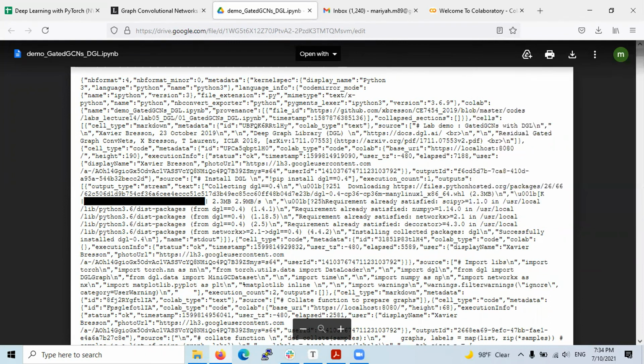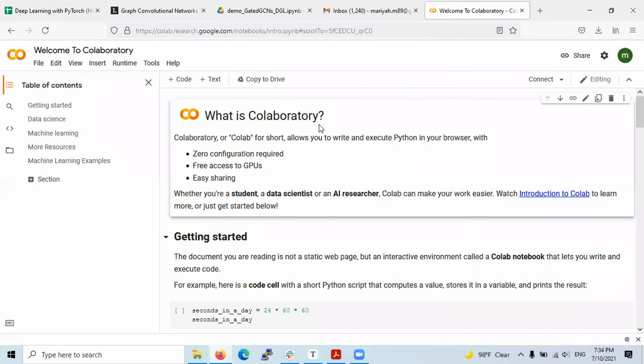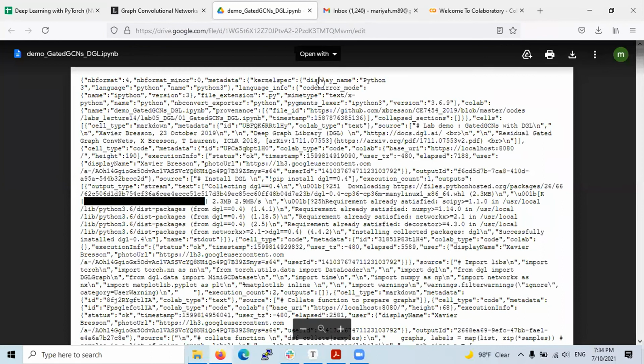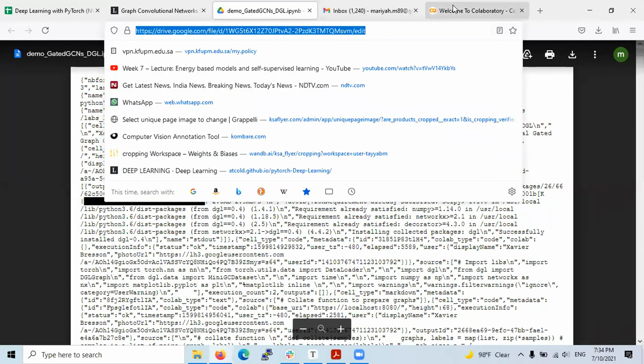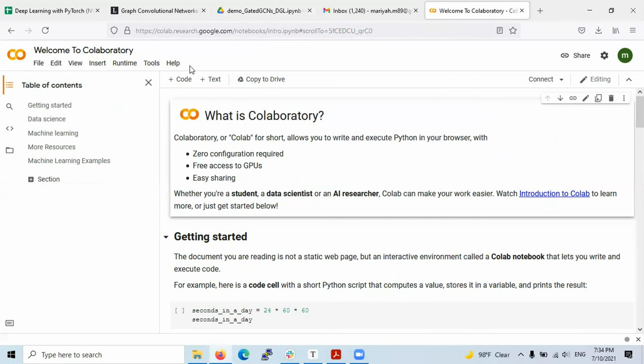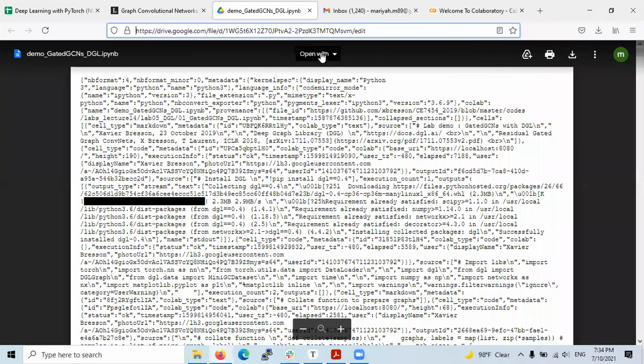I'm sorry, I'm not able to figure out. Okay, open with, and then there should be Colab there. No, it's not that. I mean, on my different laptop. Or you can take open, right click and basically get the link, or get the link from here, right? And then drop it in that opening thing that you had. You remember the box you got with the link?